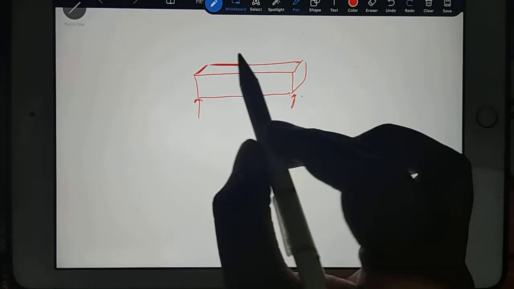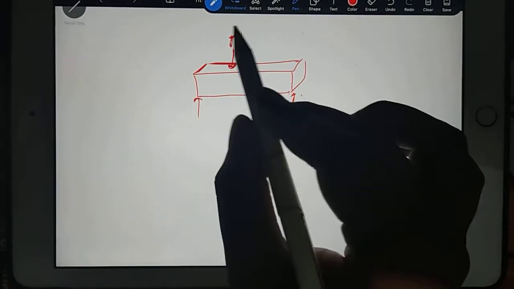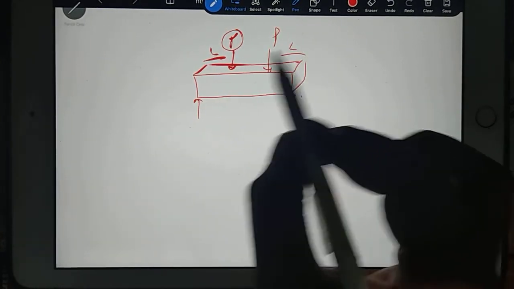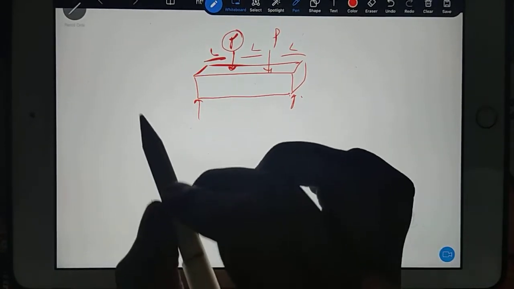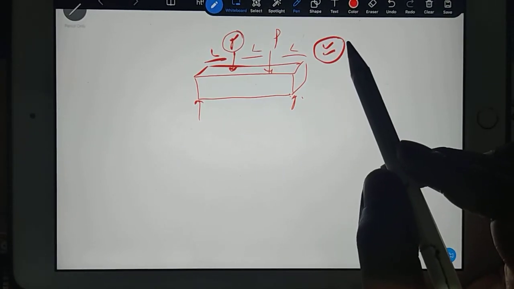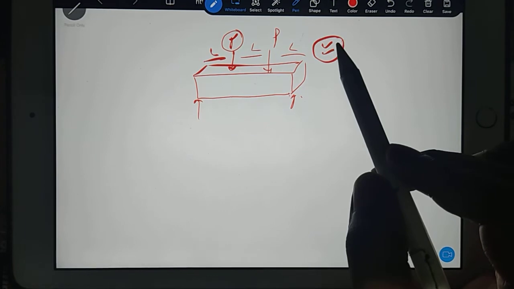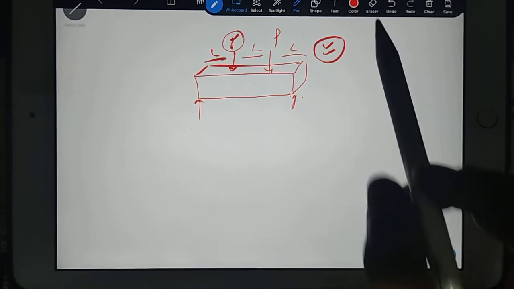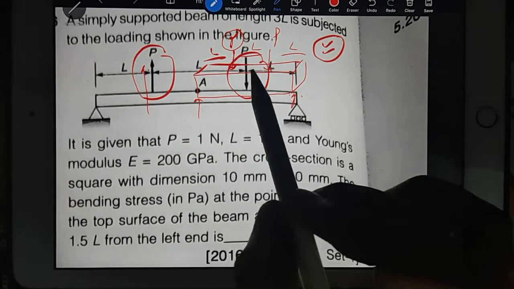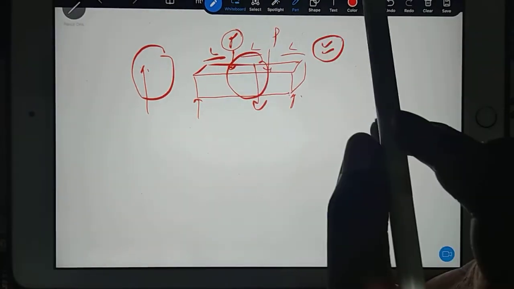Okay, so you can see here your applied load is P, and here your applied load is P, at a distance, and in between also a distance, right? So this loading, you can see it is purely symmetrical loading, so no need to calculate even. We can simply think, oh, one thing, in a hurry I am making a mistake. One force is an upward force and one force is a downward force. So this mistake I am making in a hurry.